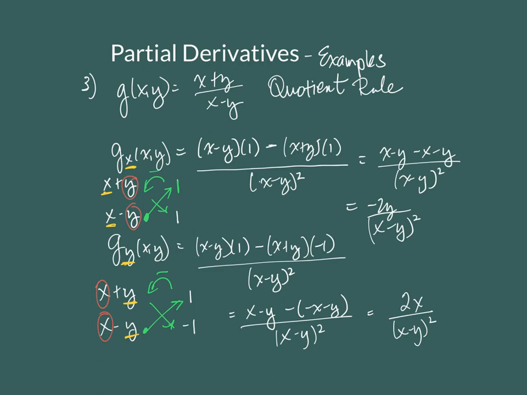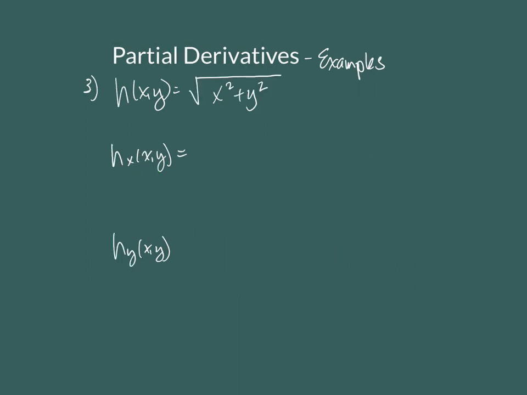Okay, and for good measure, I've got one more here for you, just so that we can see how the extended power rule works, or the general power rule, or chain rule, power rule form, however you want to think about it. So the first thing is we need to use our algebra and properties of radicals and exponents to rewrite the square root of x squared plus y squared as x squared plus y squared all to the 1/2 power. Then we're going to go ahead and use the general power rule, which works exactly the same way.